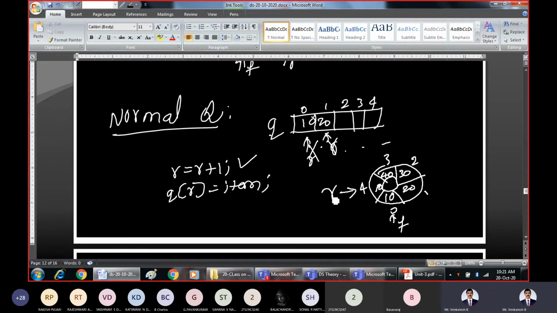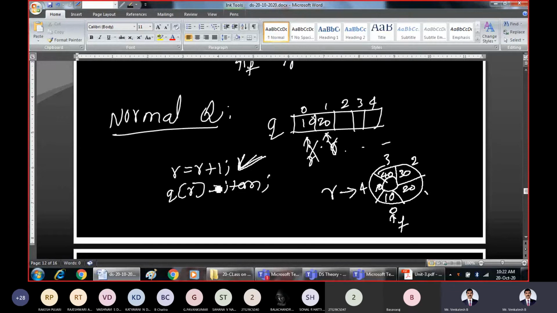So if you increment rear, what happens? If you perform normal incrementing in case of circular queue, rear equal to rear plus 1, 4 plus 1 is what? 5. So 5 is not existing at all here. Index values existing are only from 0 to 4. You cannot go for normal incrementing in case of circular queue or circular representation.